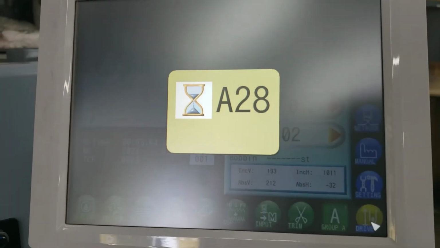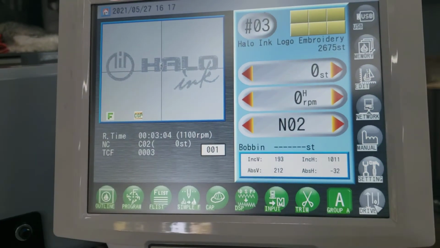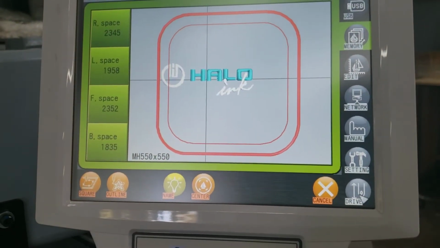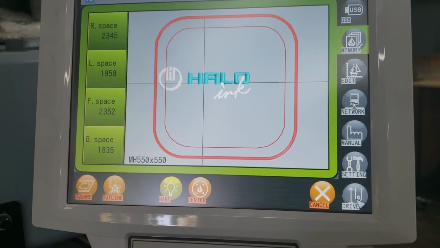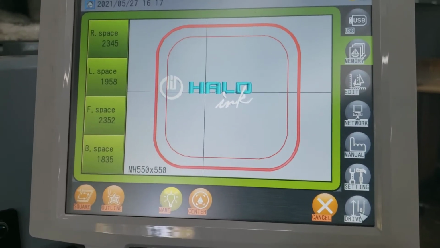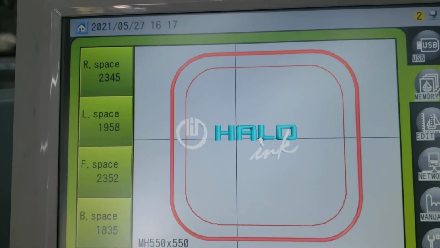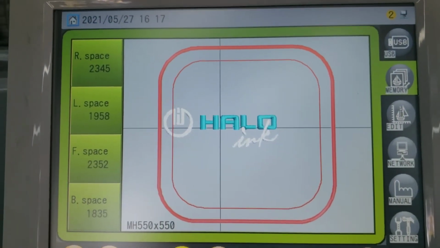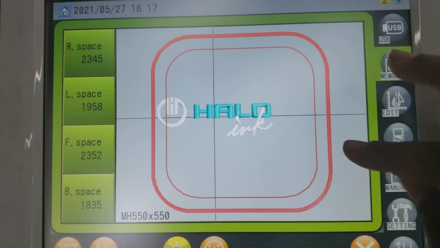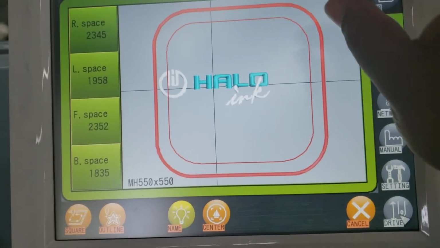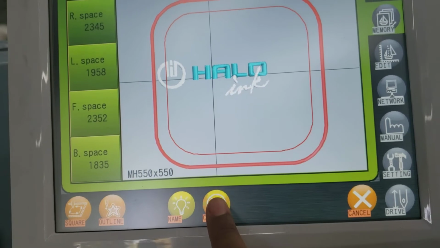As soon as we hit drive, it's going to want to have us do a trace. And this is why, because often the way the heads are set, the center design may not fall within the safe parameters of the hoop board. So in order to recenter this design, we're just going to hit center and hold it,